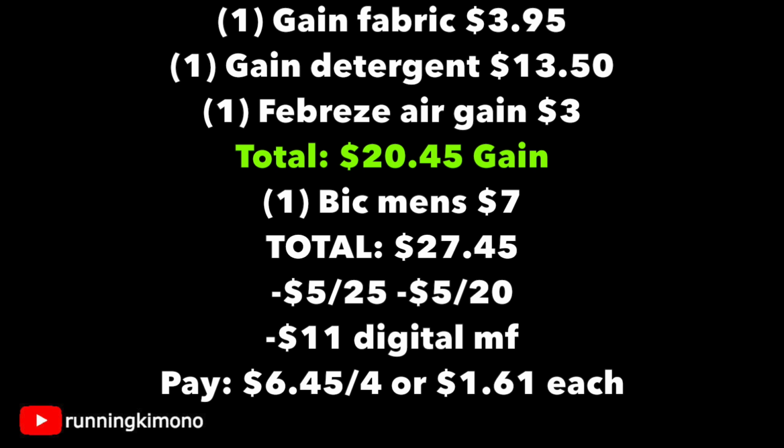All right, guys. Now we're grabbing one Gain fabric softener for $3.95, one Gain detergent, the 150 ouncer for $13.50, one Febreze with the Gain scent, the Air Effect for $3 on the nose. If you add all of that up, your total for your Gain is $20.45, thus that 5 off of 20. Yes, that's going to work. And then we're also throwing in one Bic Men's for $7. The new total is